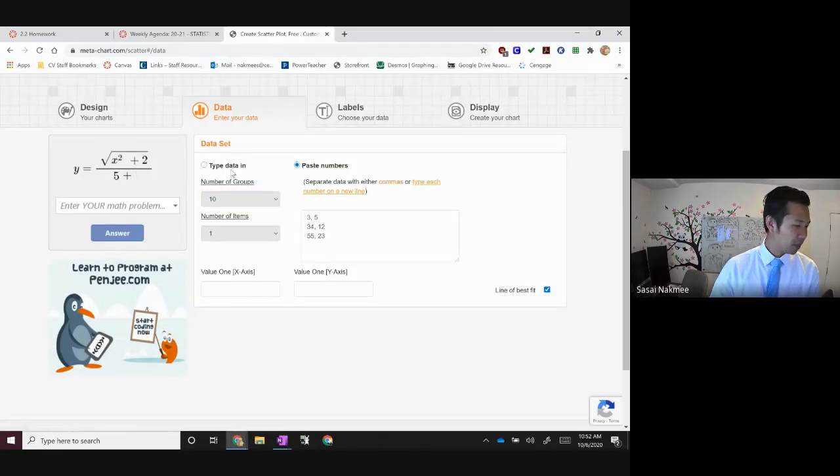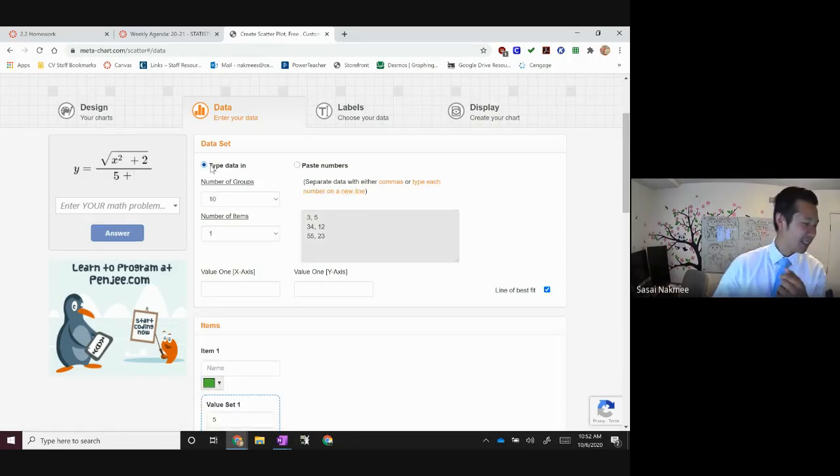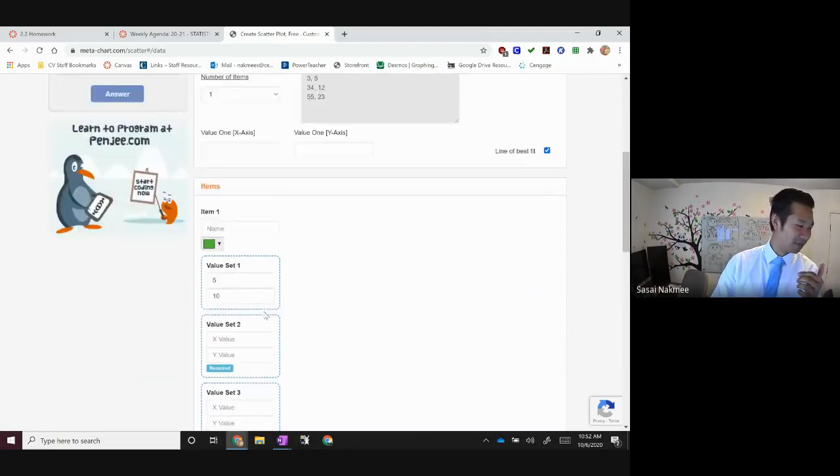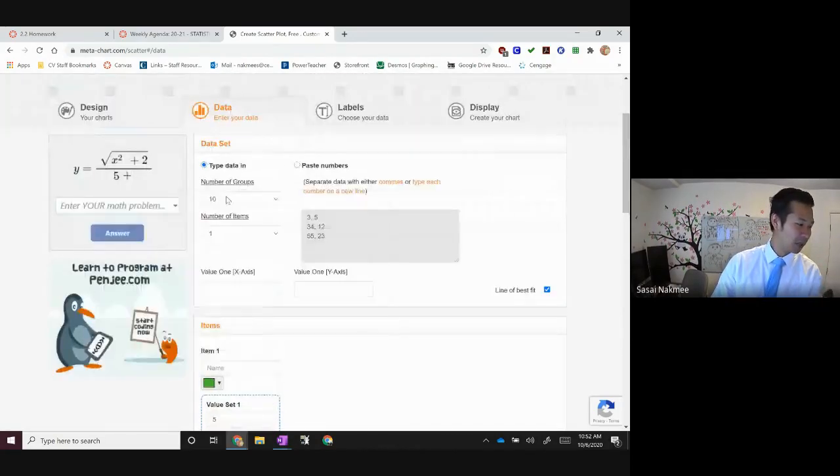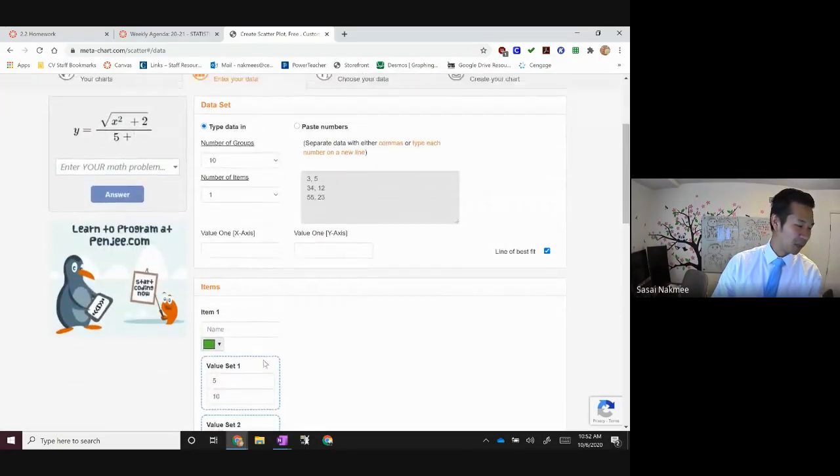Oh, you know what? This might be easier. I think this might be easy. I've been doing this wrong this whole time. So, anyways, this is how I used to do it. I would go to number of groups and then number of items would be 1, and I would type in